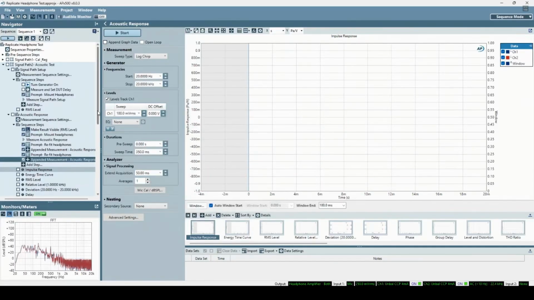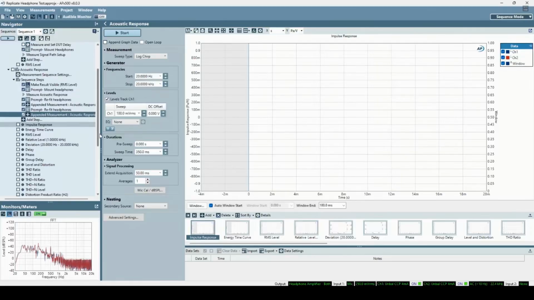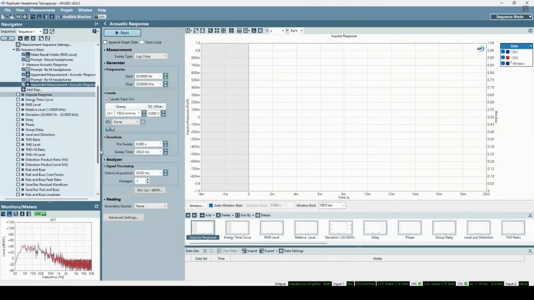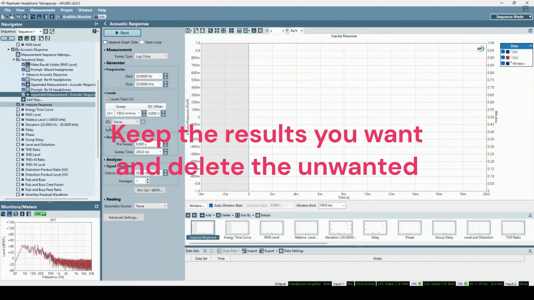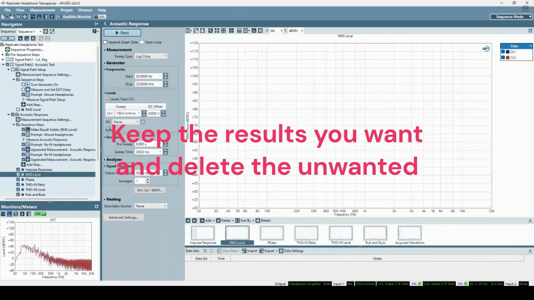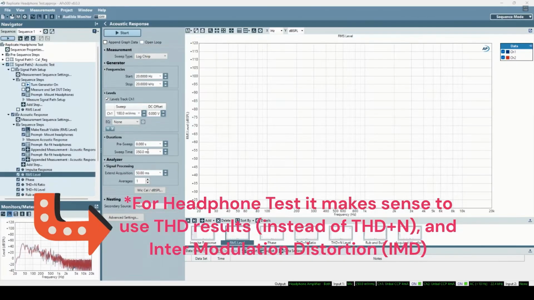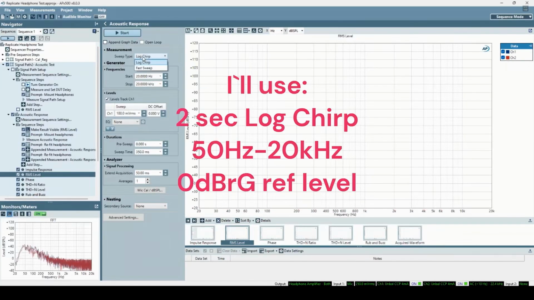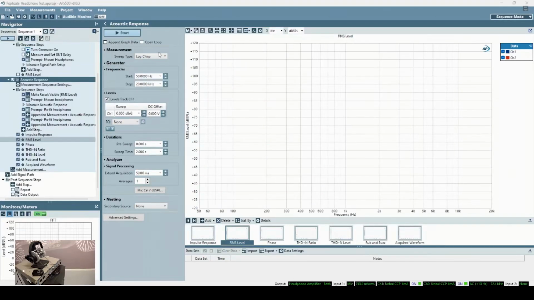For the next step, I need to work on deciding which of the results are of interest for my measurement. Before going to the crosstalk measurement, I need to set the parameters for the acoustic response measurement. I could test the settings of my acoustic response measurement at the time. It doesn't matter at the moment that my channels are not calibrated,